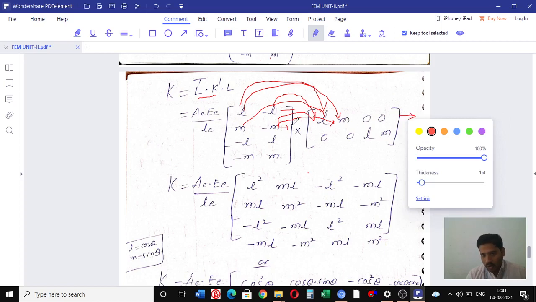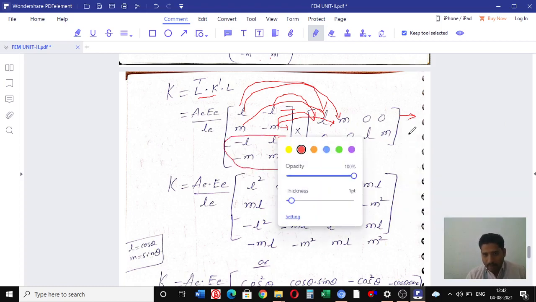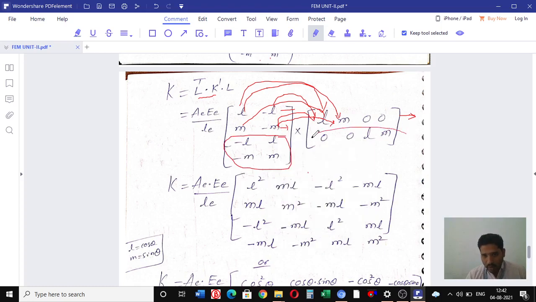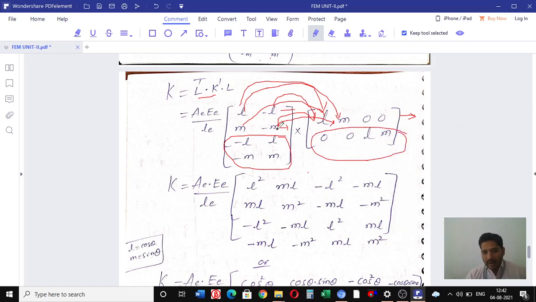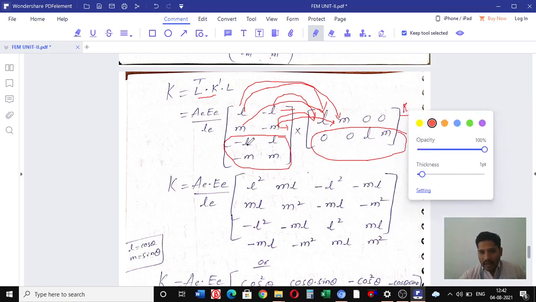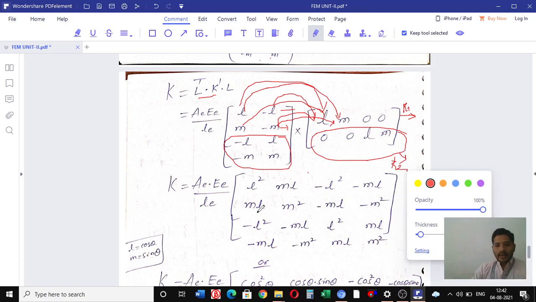This above two rows we need to multiply with the first row. Again this bottom row, you need to multiply by the bottom, or we can say the second row. Clear? This R1 R2 you need to multiply by the R1 value. This is the R1 row value, and this R3 and R4 you need to multiply by the R2 value. Clear here? Then let us see the bottom.